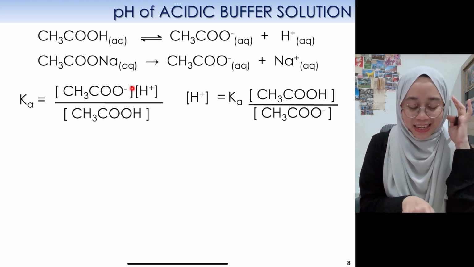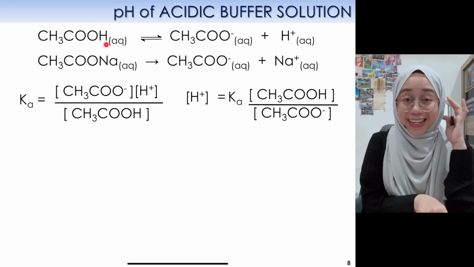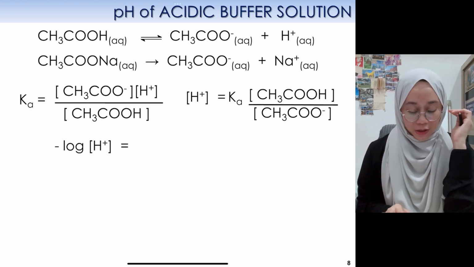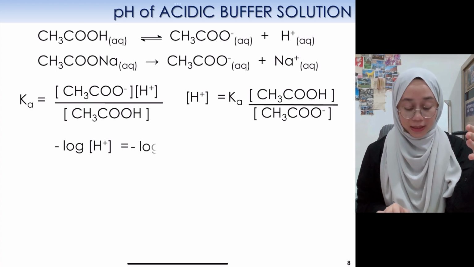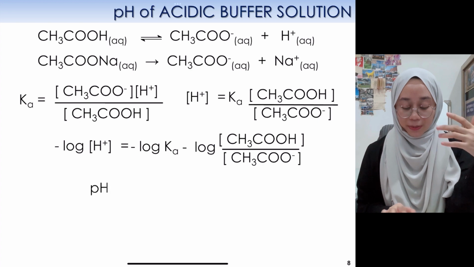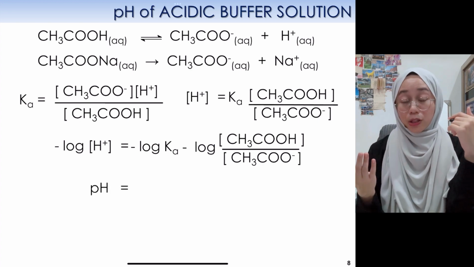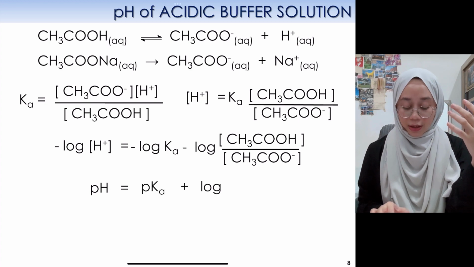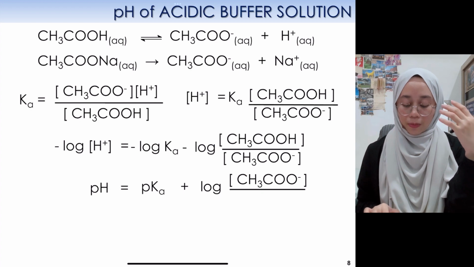Sebab after all CH3COO- ni datang daripada salt kan. Okay, so sebab tu kamu akan dengar sebut salt je sebenarnya kat sini. Okay, so bila kita log kan both sides, this is the equation yang kita akan dapat. Bila kita rearrange balik, negative log H+ is equals to pH, right? And then negative log Ka adalah pKa. Okay, so ini kalau kita rearrange balik, kita akan dapat plus log CH3COO-